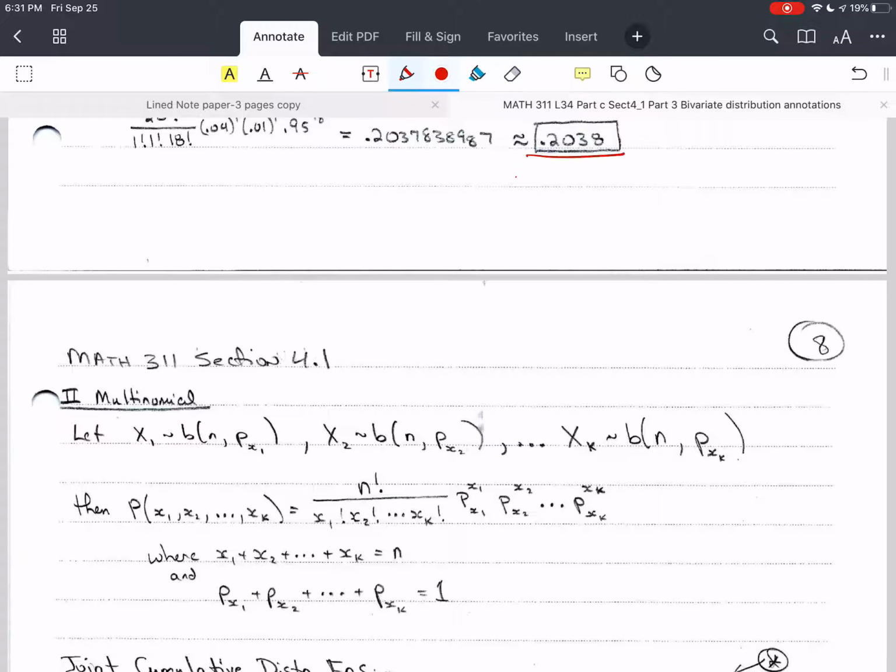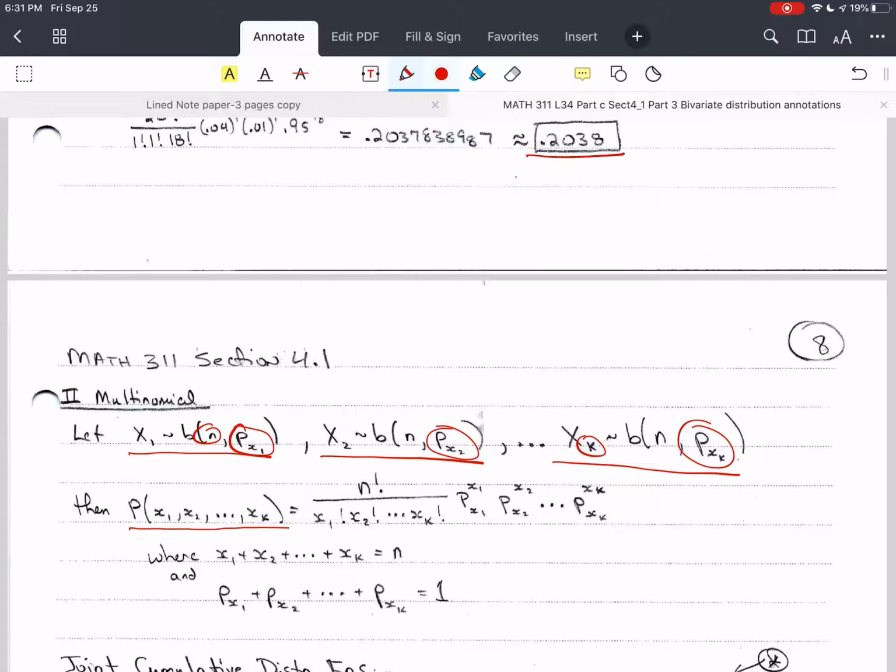In fact, we're going to say that we have k categories. And so each of the marginal distributions are binomial from x1, x2, x3, all the way up to xk. And so they have n, and then p sub x1, p sub x2, p sub xk. And so the probability of x1 and x2 and x3 all the way up to xk is given by